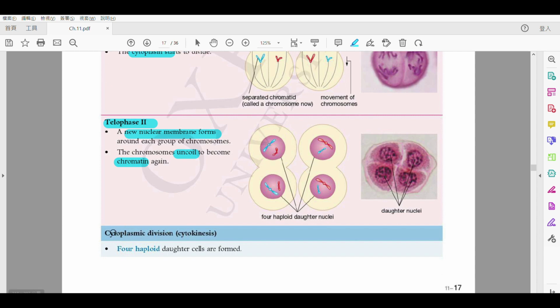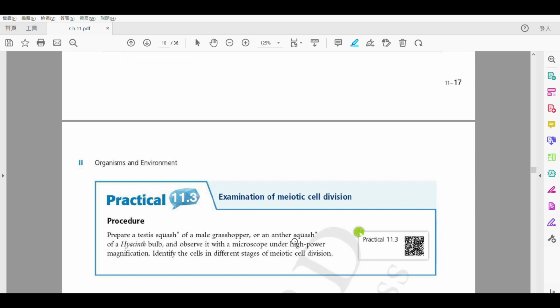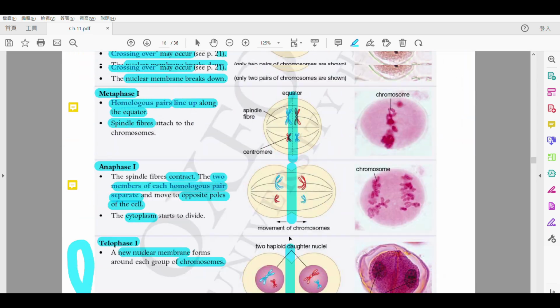Of course, the last one, the second cytoplasmic division, or we call this cytokinesis，最尾就會 form 咗 4 haploid daughter cells. 得唔得? Okay, so this part is a little bit difficult, so make sure you understand before you continue. 得唔得？一定要睇得明，睇得清楚啊。